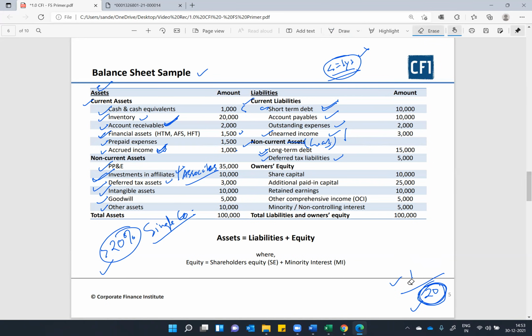But in deferred tax liability, the situation is a little different, or maybe opposite. So let's say you had to pay 120 of taxes, but you have just paid 100 of tax and you're yet to pay 20 more. So you have paid a lesser amount. That becomes your deferred tax liability. And you will show it here as deferred tax liability under non-current liabilities.